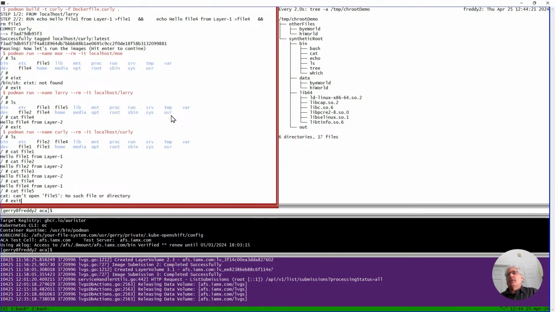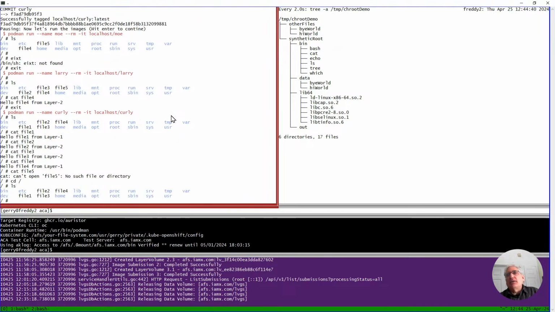So what really went on under the covers is the Docker runtime grabbed those layers from the container registry and then used those to create an overlay file system. And then when it started your container, it chrooted into it so that you only saw the files in that container. Got it? So there's where the combination of overlay FS and chroot come together.